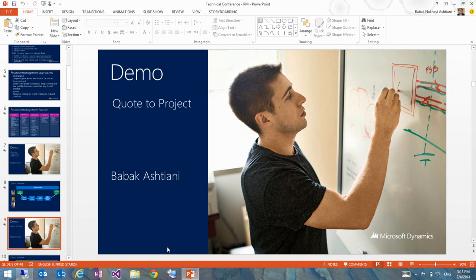We form a project team, then use them on work breakdown structures and assign them to tasks, or you want to start in quotation, soft book resources, transfer the quotation into a project, and then continue from there. Which one would be your preference? The first one, forming project team on projects. Okay. So let's do that then.